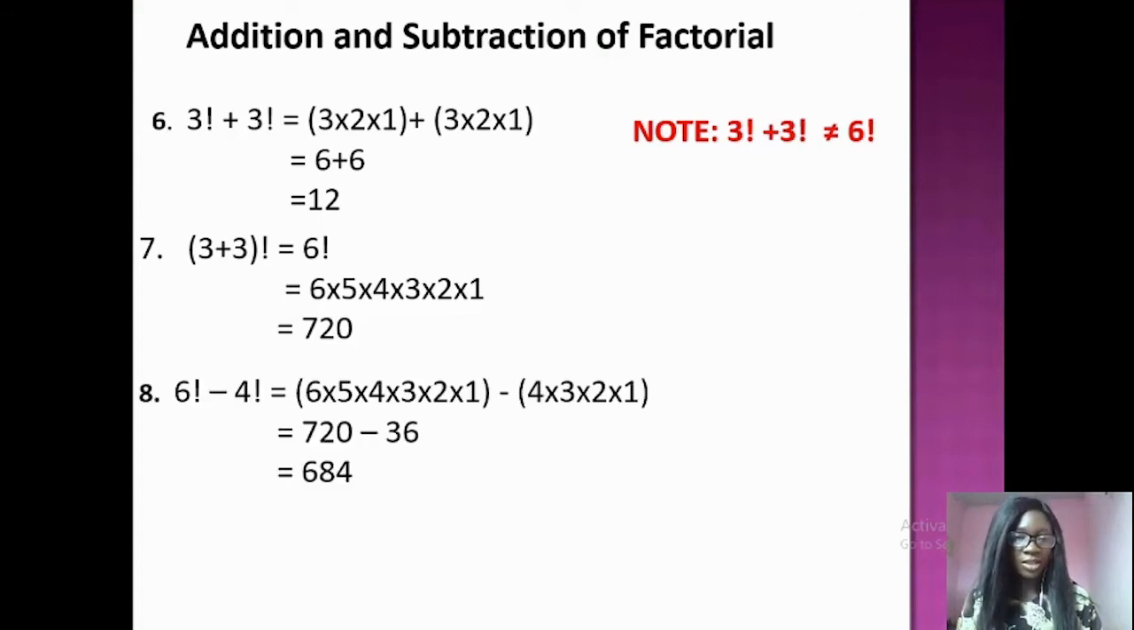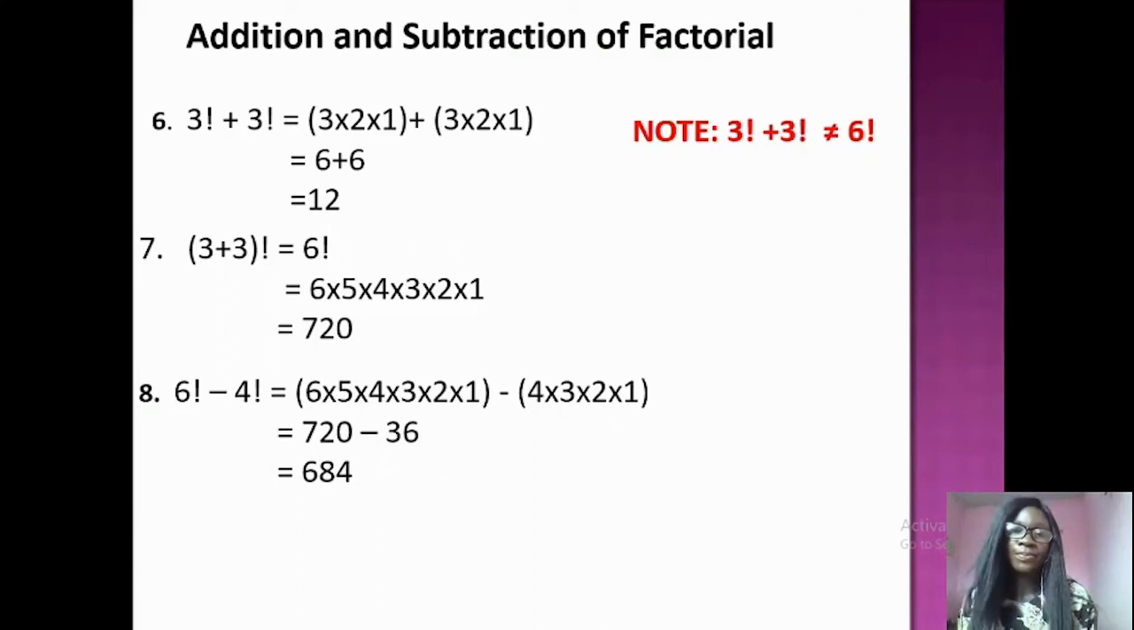Let's move towards subtraction. So here I have 6 factorial minus 4 factorial. Now don't tell me it is equal to 2 factorial. No. Like I said, you settle for 6, you settle for 4, then you multiply and subtract. So 6 factorial, we have 6 times 5 times 4 times 3 times 2 times 1. Minus 4 factorial, we have here 4 times 3 times 2 times 1. So we multiply this, we have 720 minus 4 times 3 times 2 times 1, which is 24. So we subtract it, we have